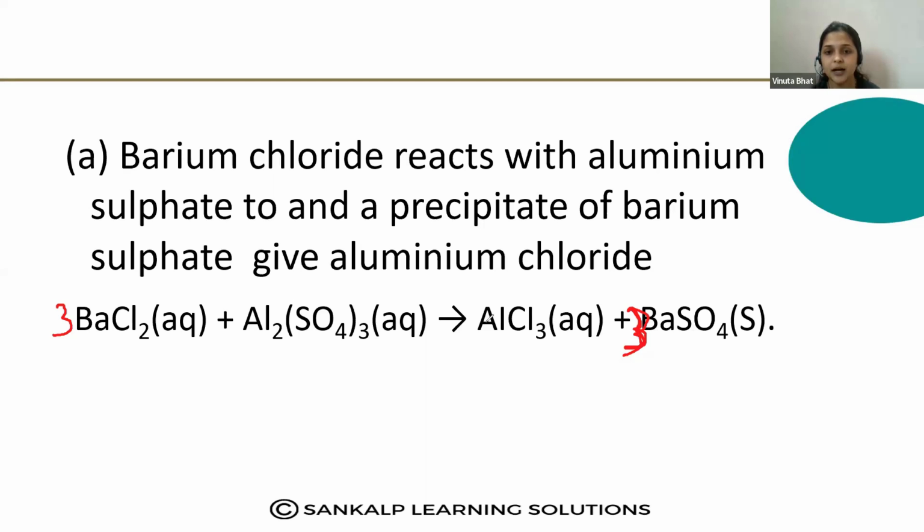Aluminium is AlCl3, right? Aluminium is 2 here, so I will make it 2 AlCl3. Aluminium is balanced, but 6 chlorine atoms are here. So I will add 3 here. Now aluminium is balanced here, but